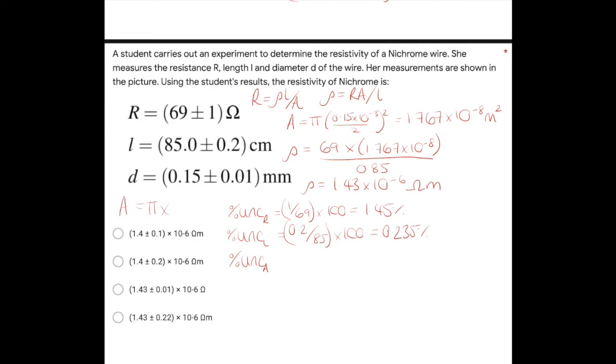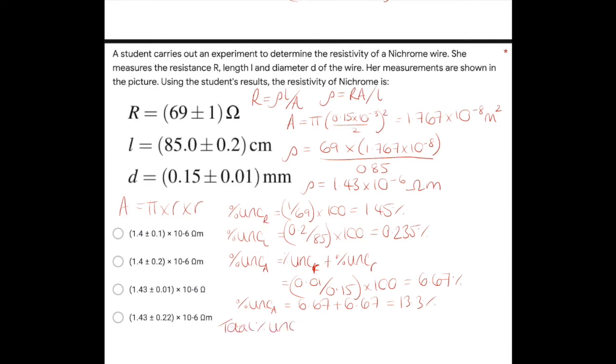And remember, as we've set up at the top, area is pi multiplied by r multiplied by r. So our percentage uncertainty for area is equal to the percentage uncertainty for r, that should be little r, sorry, plus the percentage uncertainty for little r. All right, so that's the same as our diameter, and therefore that is 0.01 divided by 0.15 times by 100, which is equal to 6.67%, but that's the percentage uncertainty in r, and therefore the percentage uncertainty in A is 6.67 plus 6.67, which comes out at